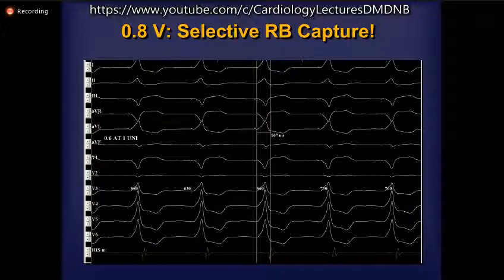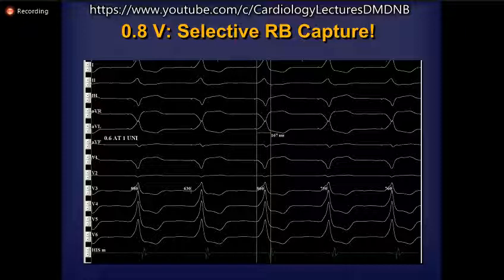This is also important for you to know how much you're going to program your output to. So obviously here, if I program it below this threshold, I will not get a good result. I'll get a very broad and bizarre looking QRS with isolated capture of right bundle. So I need to program it above my His bundle threshold. So here, in fact, we ended up programming it above 1.5 volts because we wanted to retain the non-selective His capture and have some safety backup as well.